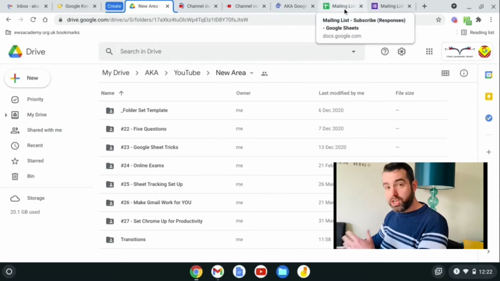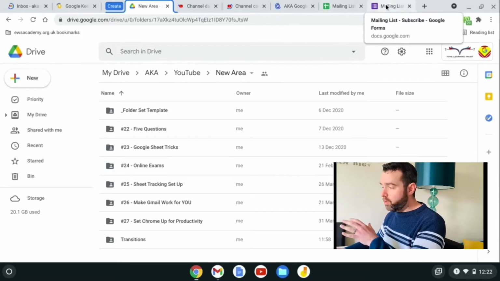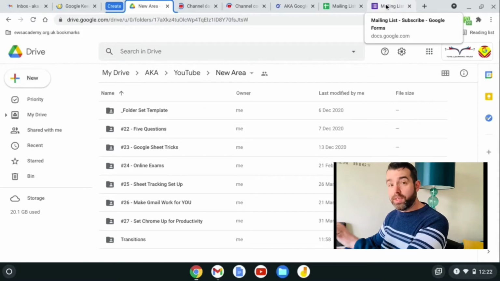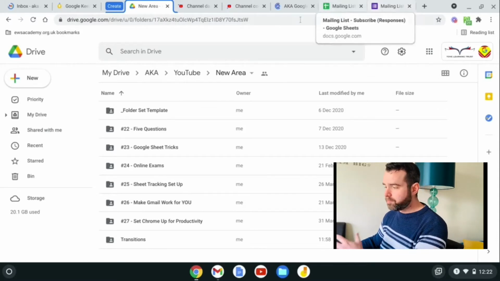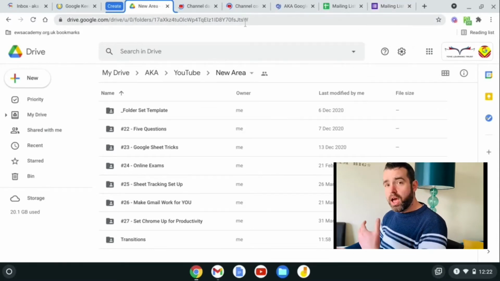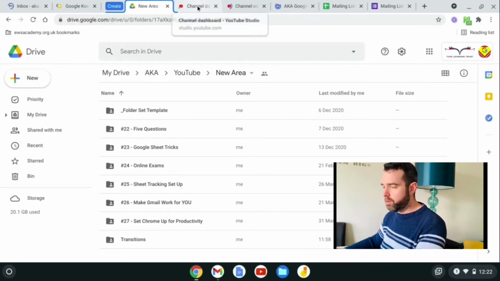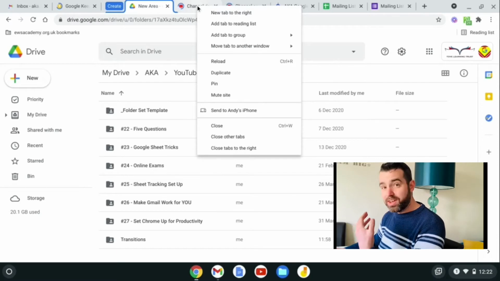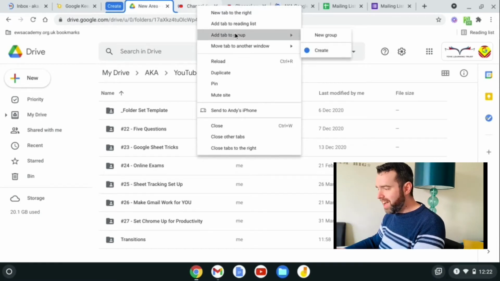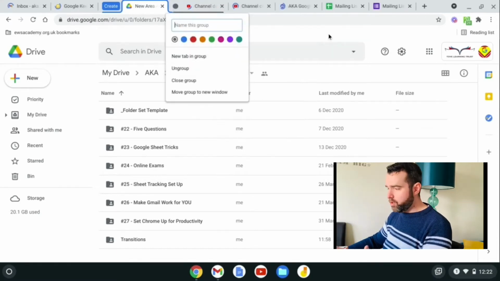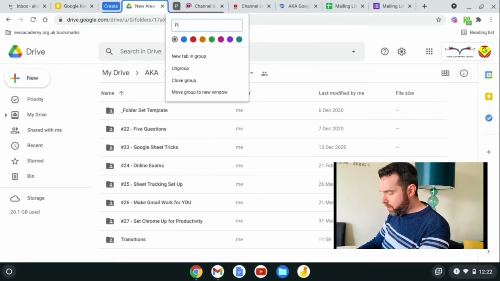So I've got a Google Sheet with all the email addresses that have come in, and also the actual form itself that's embedded into the website. And I want to put all of those into another group called Publish, because it's all information that I'll deal with on Publish. So I right click onto the next tab over. I'm then going to add to group. It's a new group, so I'm going to click on new group, and this one I'm going to call Publish,